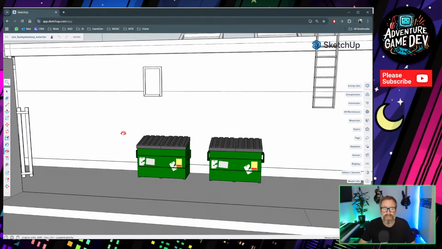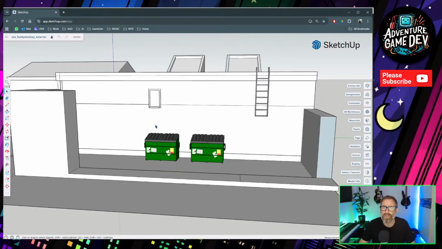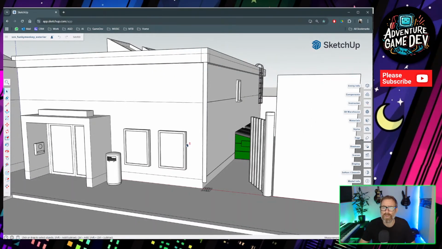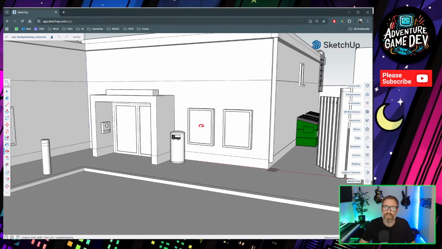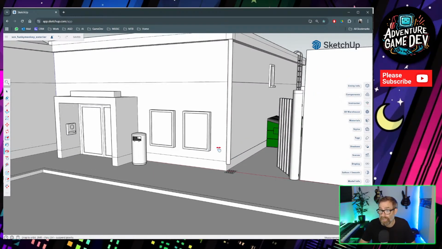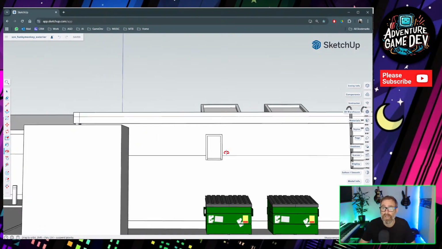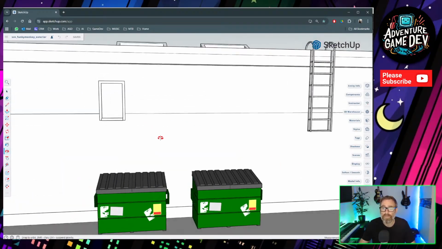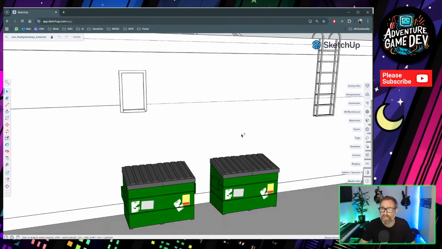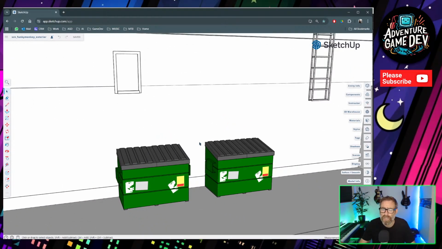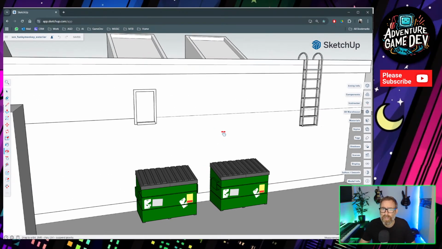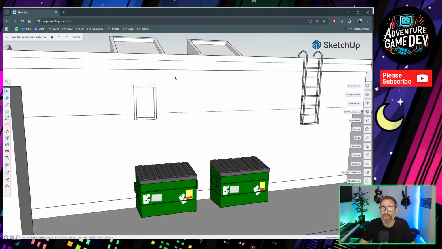And there'll be a second scene as well, which is from this camera angle. It's really cool if you're setting up a location like this where the player's going to want to go down this alley. They'll be able to see the dumpsters and this ladder and things. But then when they get down there, I'm just going to reframe from this angle. It's going to be a tight alley with a load of foreground shadows and things. So it'll be kind of obvious what the puzzles are. You'll be able to see some skylights. You'll be able to see the ladder, but you can't reach it and all that kind of thing.